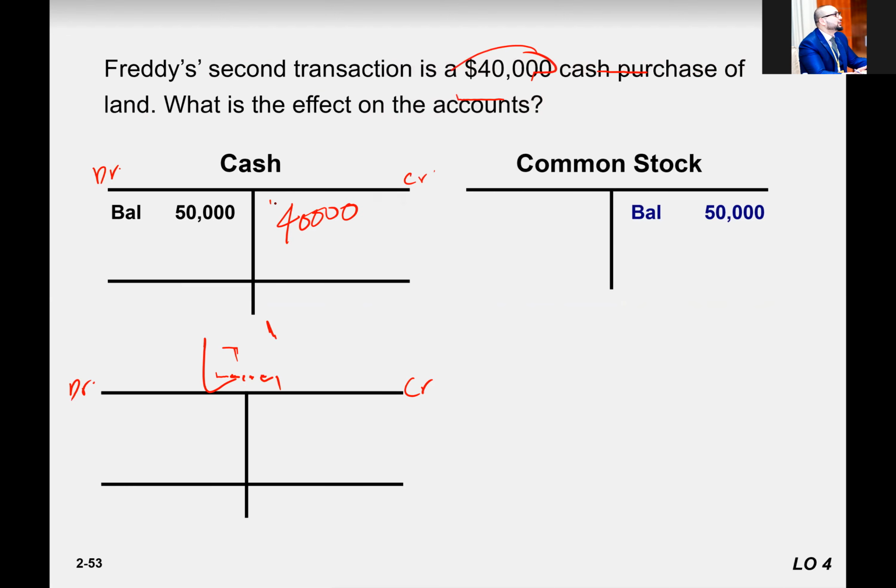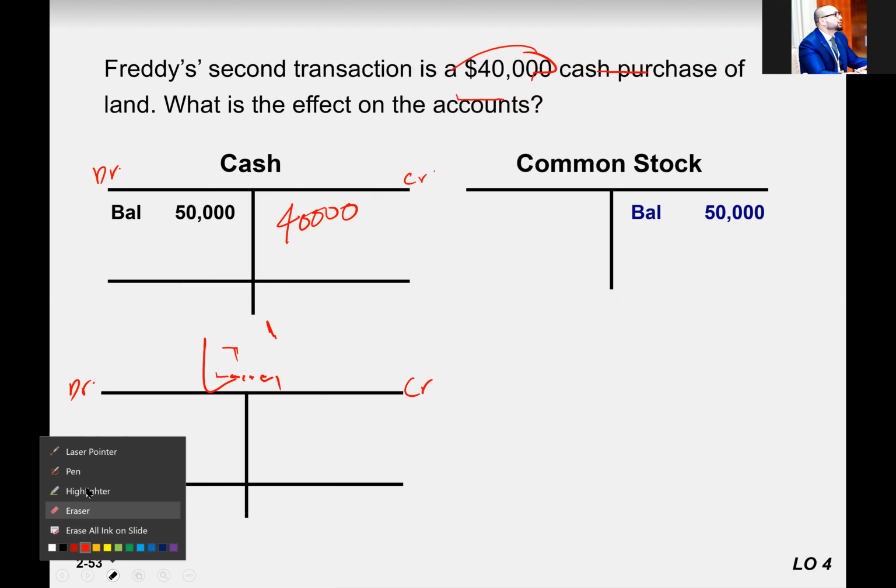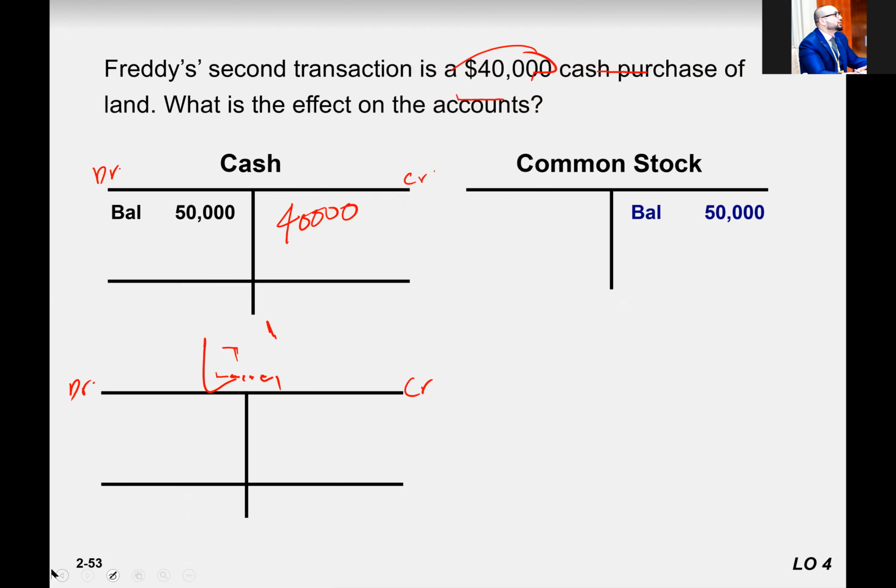So 40,000 will be written like, so there is no negative or positive sign. See, I'm not writing down negative 40,000 or parentheses, no, right? So this is just 40,000 because it is a decrease. So we don't write down the negatives. We write it down just on the credit side, right? So land increase. So we make a land here. Land is an asset. Asset increase. We have to write it down on debit side. 40,000.